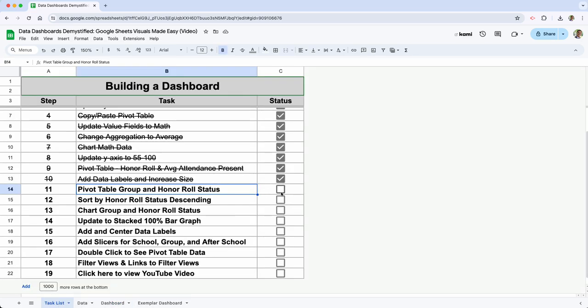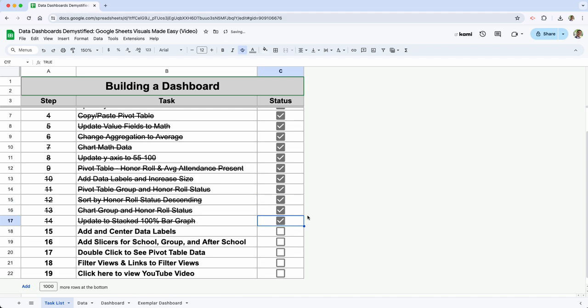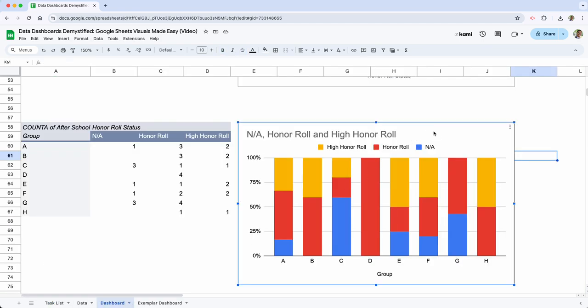And we are able to check those off. We did this one as well. We did this. Okay. So the last thing we didn't do here was add some data labels. We'll do that quickly. We'll click on the 3 dots, edit chart,